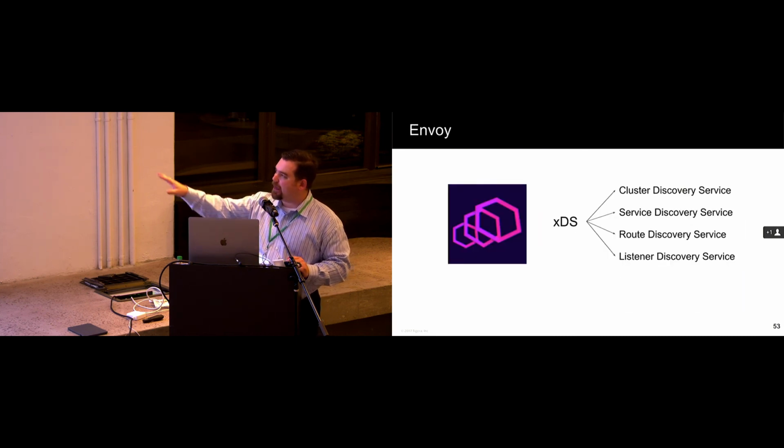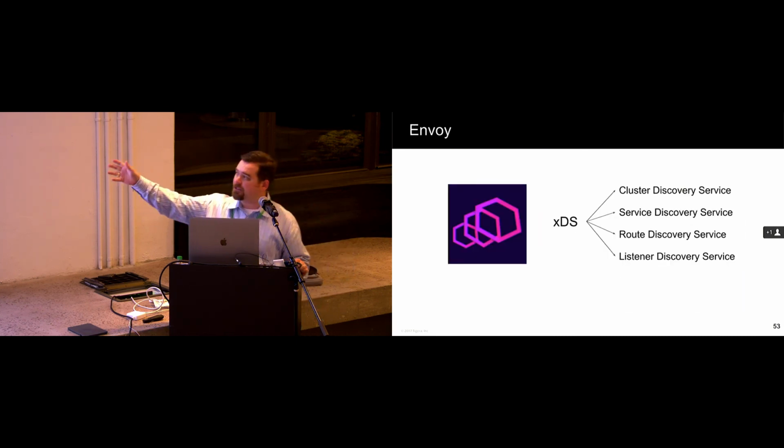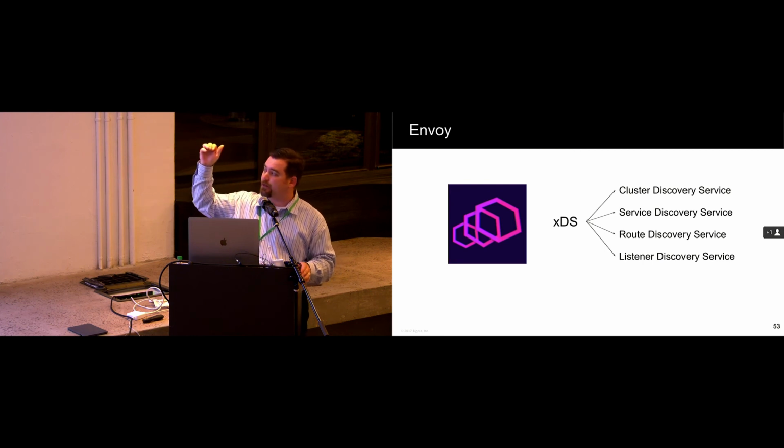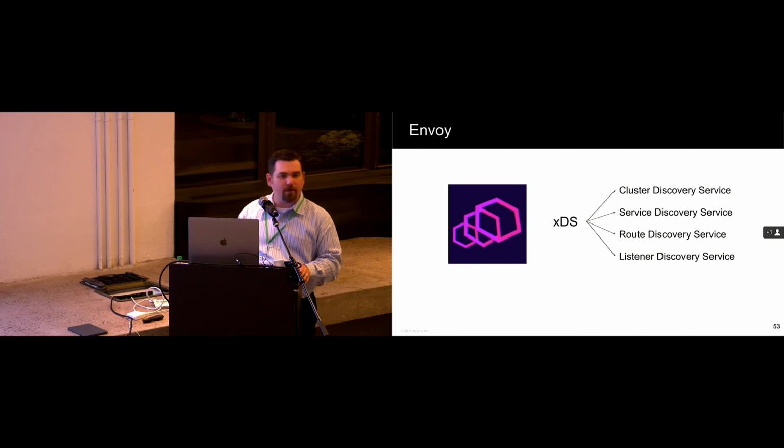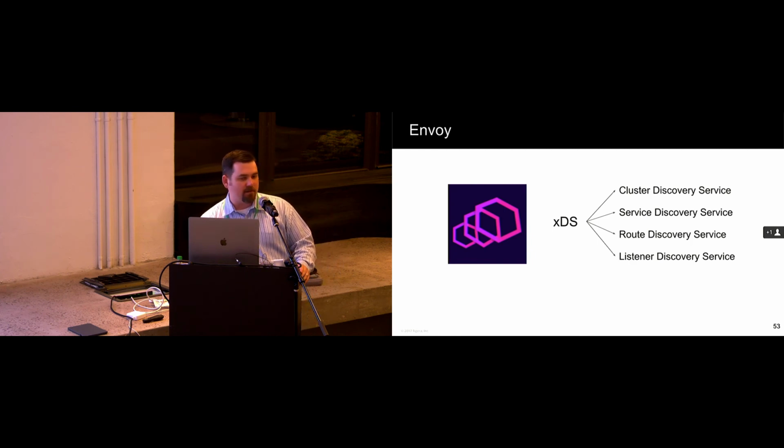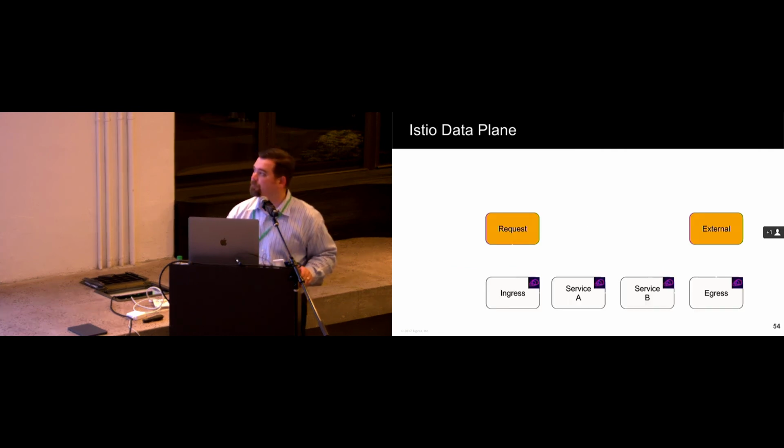I had mentioned that everything is API driven. So this is just an example with Envoy, right? There's a cluster discovery service. So all of these things can be plugged, right? We're plugging them with Istio primitives. But if you wanted to take Envoy and run it outside of Istio, you certainly could. And you could plug in an adapter that maybe uses Consul underneath the hood or etcd or something like that, because all of these APIs are pluggable, even down to the proxy layer.